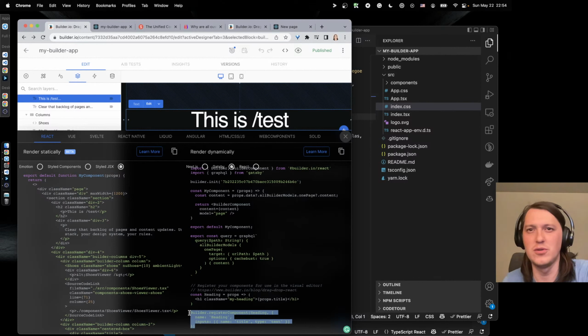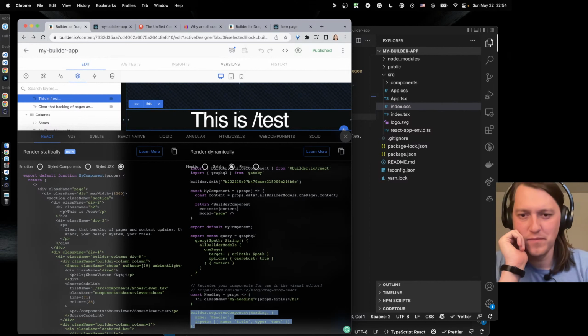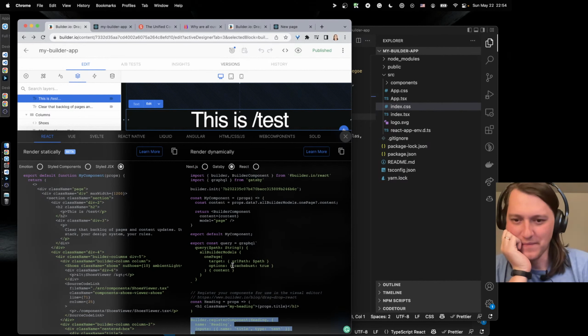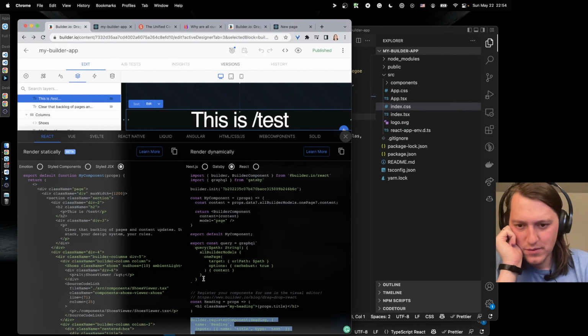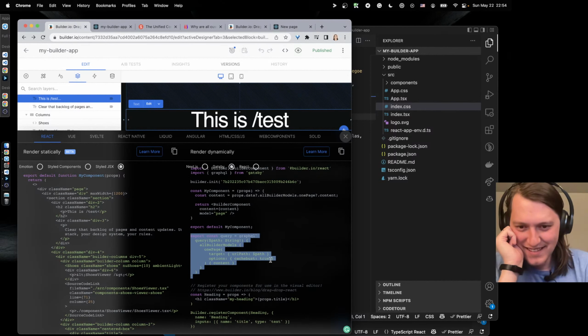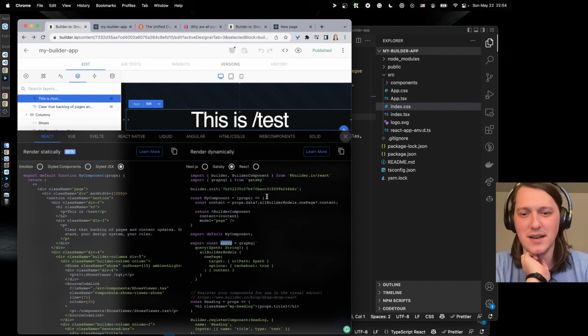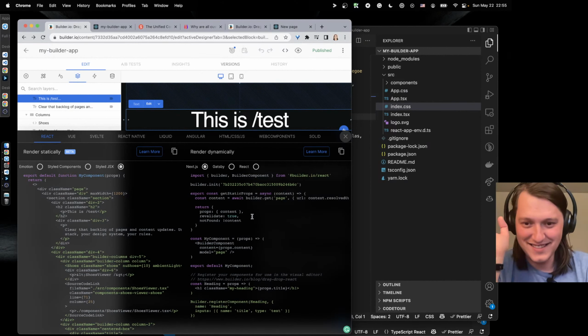Then what if I have two versions of the same component? It seems unclear. Anyway, what's that GraphQL stuff? So I have a GraphQL query. Oh yeah, that's Gatsby garbage. Okay, let's ignore it.